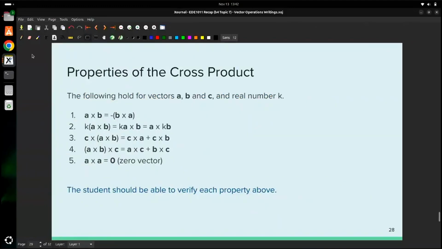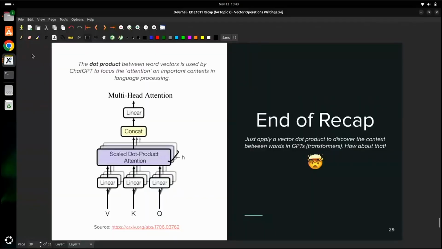Good. Okay, so these are the properties of the cross product, which I will not go through in detail. You can check each and every one of them on your own. It's kind of straightforward. Okay, so this is the end of this recap. As I mentioned before, in the GPT, your generative pre-trained transformer, you have this scaled dot product that computes the so-called context or attention between any two words in whatever question or paragraph you have entered into ChatGPT or any other